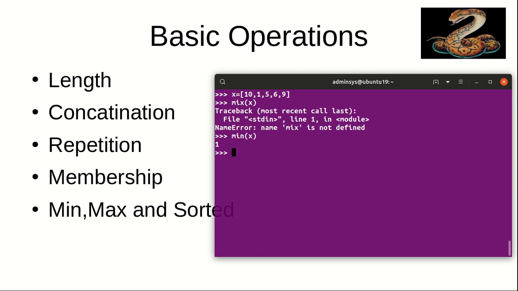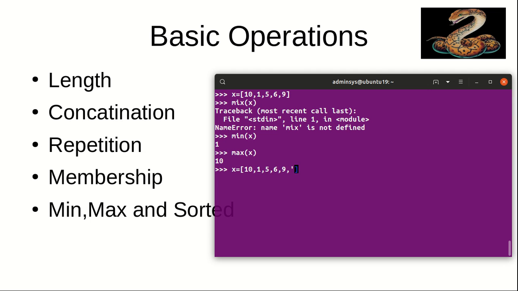It returns 1, and we can also check max by using max of x. One thing you need to remember here is that the list needs to contain integer or floating point values. It does not work with string or complex values.